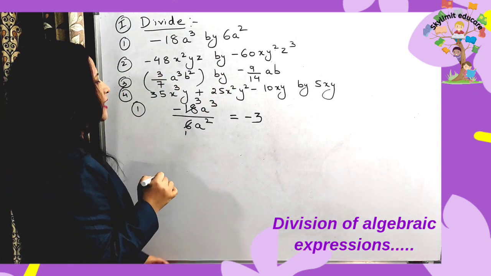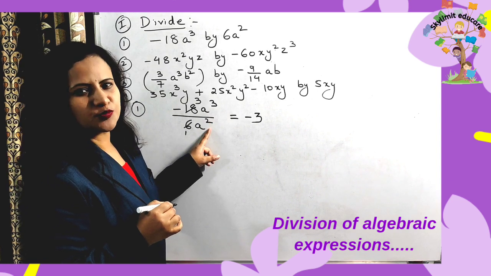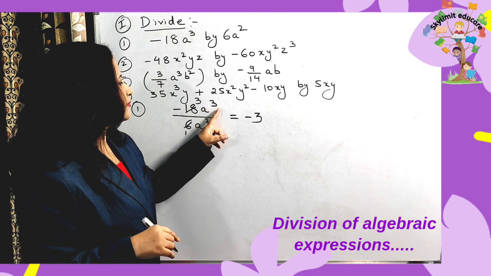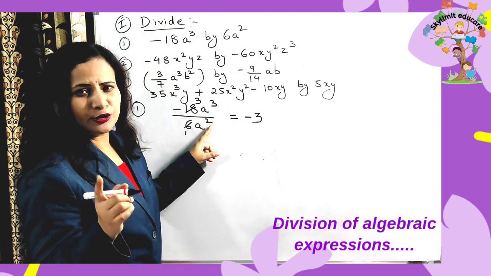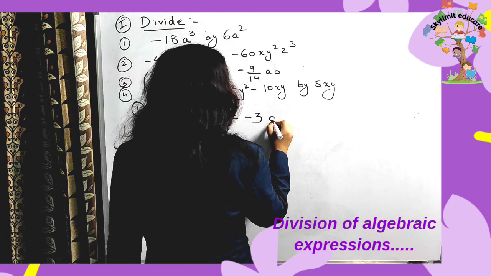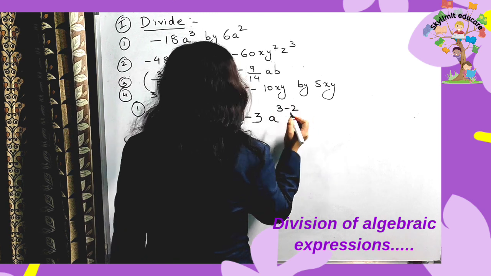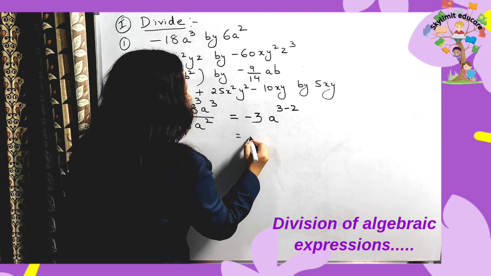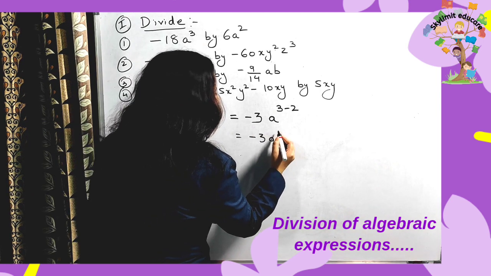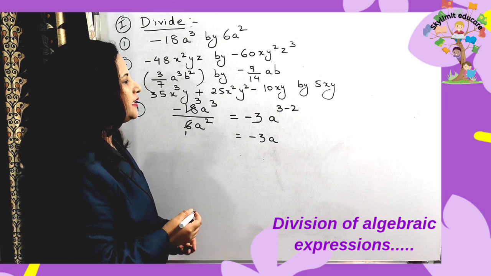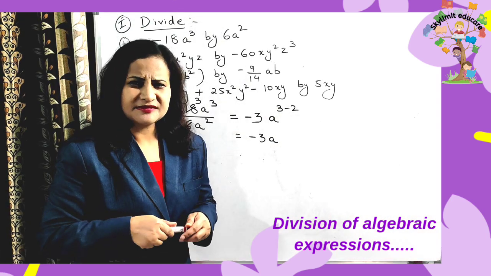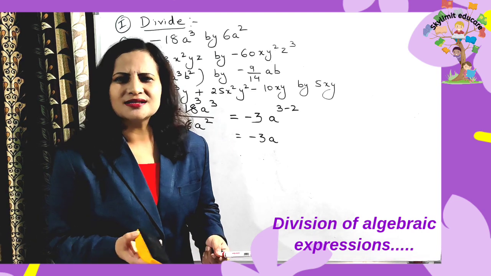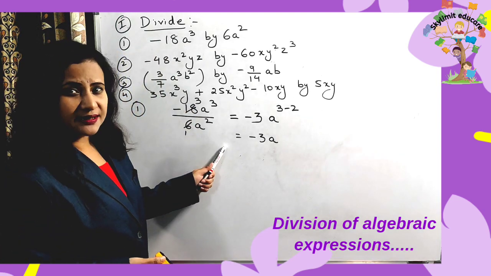Now just look at this. Exponents, now go to the exponents. Exponents having the same bases are divided: dividend's power minus divisor's power, I had told you already. So you can just write one more step here: 3 minus 2. Always numerator's power minus denominator's power. So this becomes minus 3 a to the power of 1. A to the power of 1, no need to be written. It's simply a, because power 1 we don't write. By default we know that the power is 1. I hope the idea is clear.